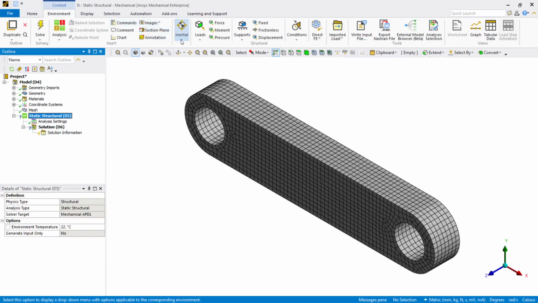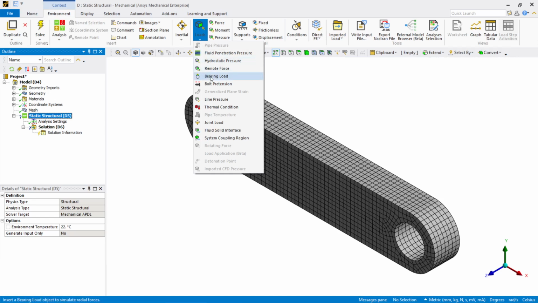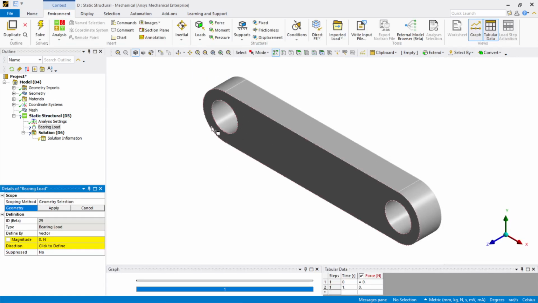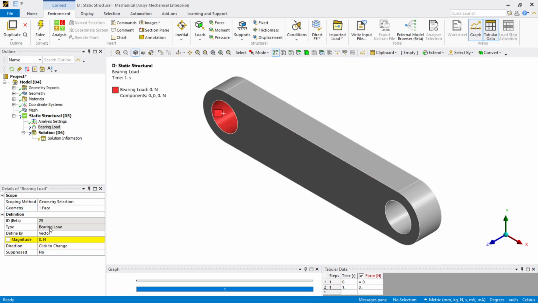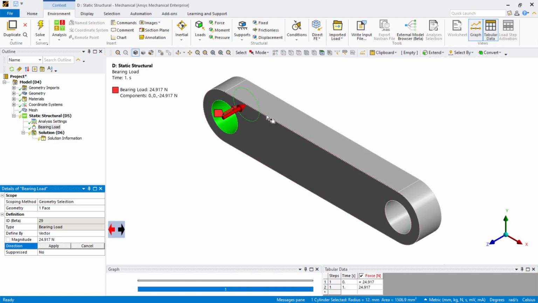Under the environment tab, we want a bearing load, which distributes a force that we can select onto this geometry, and the force was the value from the rigid dynamics, 24.917. The direction is along this, which will flip,